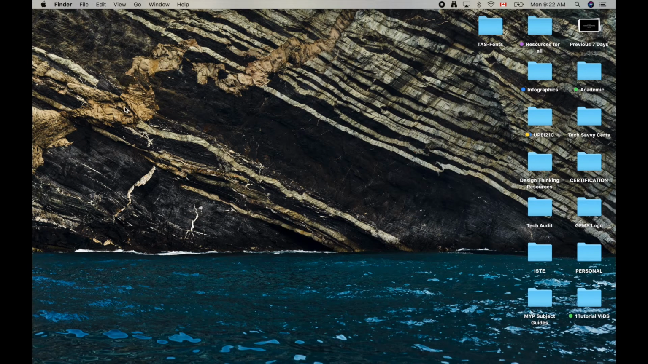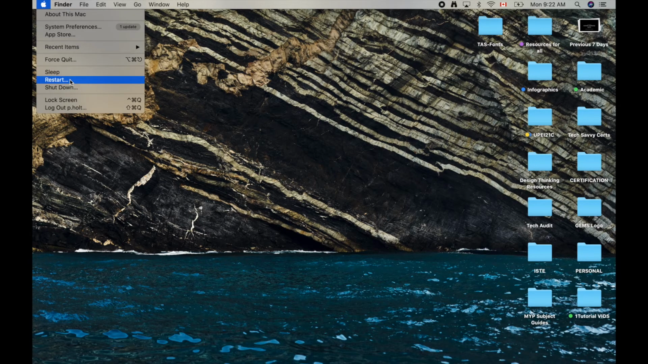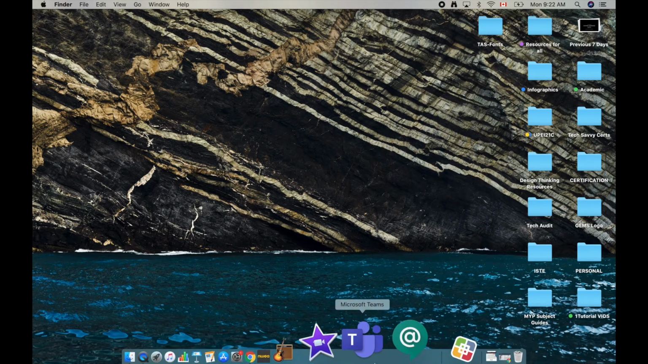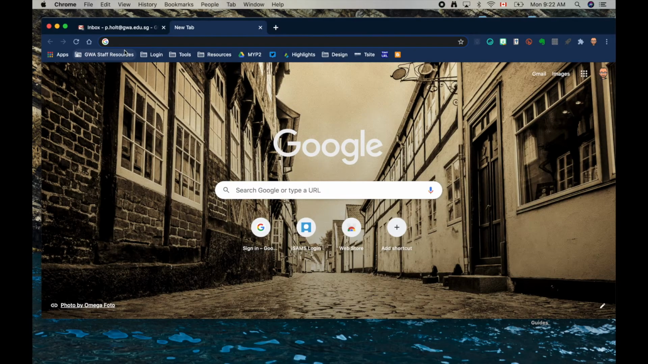The next thing you're going to want to do is restart your computer. So go up to the Apple, click the restart button. It will ask you for a confirmation. Once your machine is restarted, then you're going to want to open up a Chrome browser. You are going to want to type in